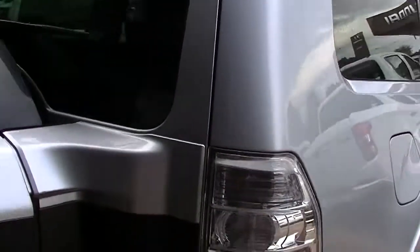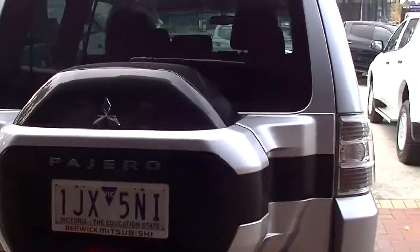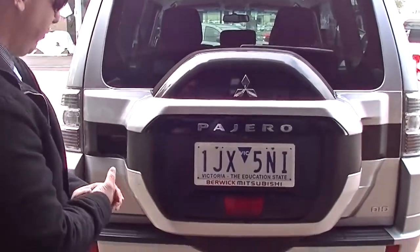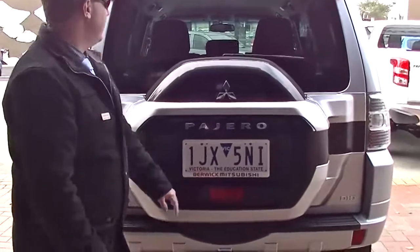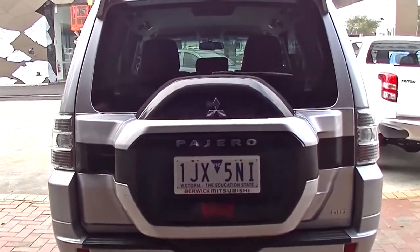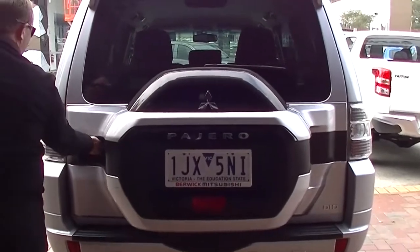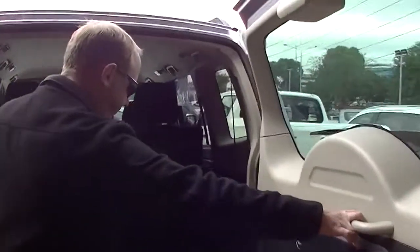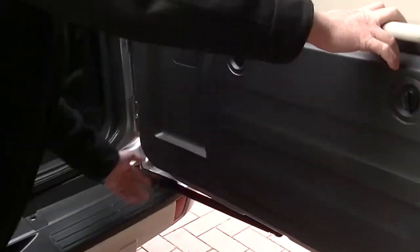Coming around to the back, you'll see we've got our spare wheel hanging under a very nice cover on the back. You can see the bottom of the spare wheel does have the fog lamp in there too. Rear wiper and a high mount spoiler there, which is really nice too. Now popping open the Pajero, nice little handle there, pops open nice and easy. We'll have a little lock latch there for our door,